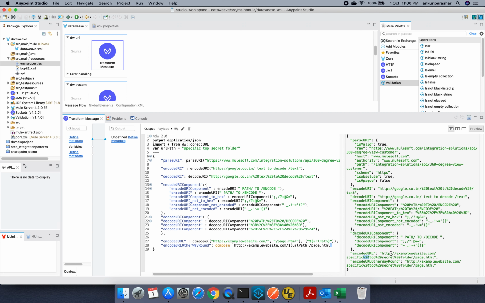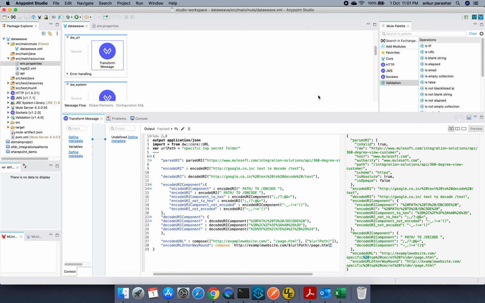Now both of these result in the same output. So it depends on your level of comfort, which one you are able to use, or which one clicks with you at the time of execution. So this was all about the URL based DW core URL functions.